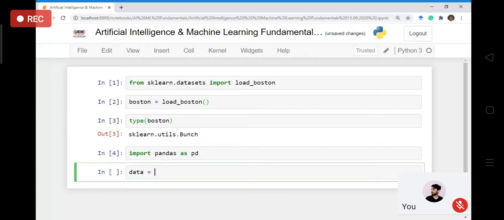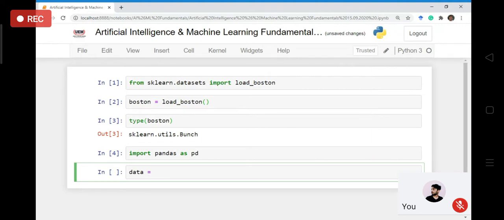The very first thing I would like to mention here is that this variable Boston has several members, as I already mentioned. One of the members is called data. So how do you access that member? You write Boston.data, and then that data variable will be accessed.